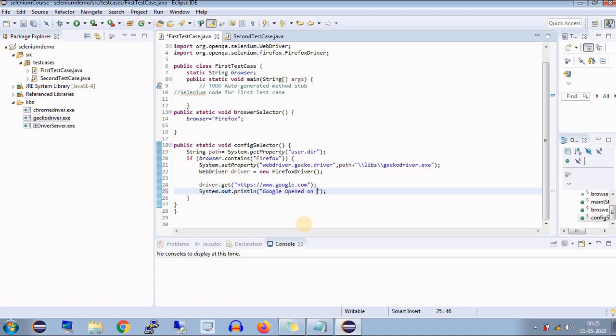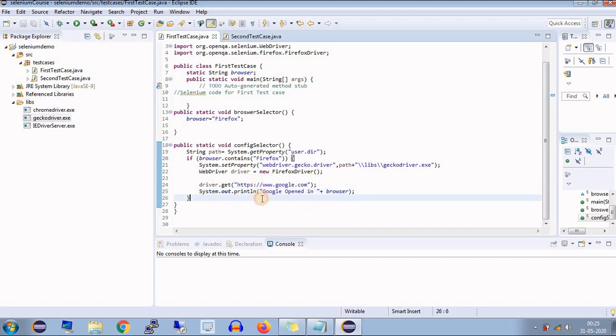So Google opened on plus the string value of browser. So the print statement will show you that Google opened in Chrome or Google opened in Firefox or IE. Like that you will get a more descriptive print statement. Okay, so this is our first case where the browser value is Firefox.